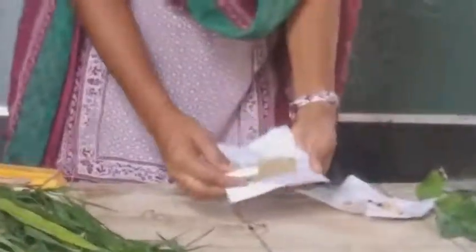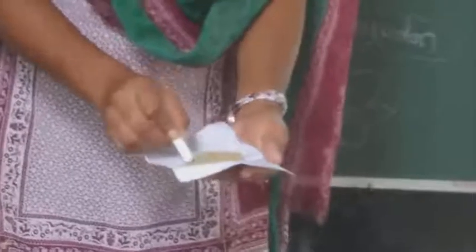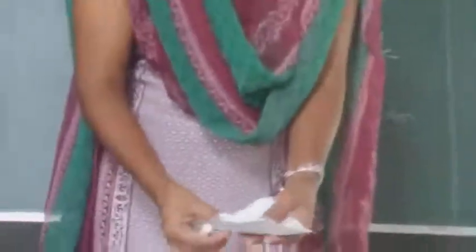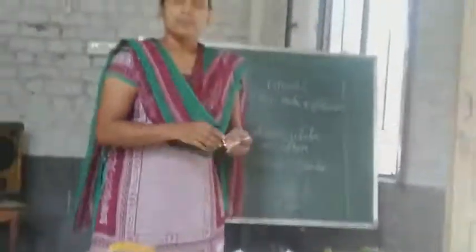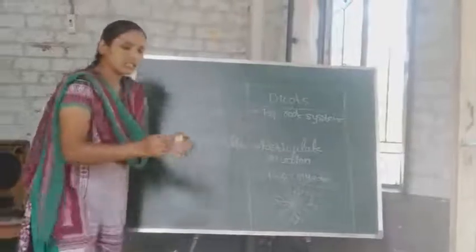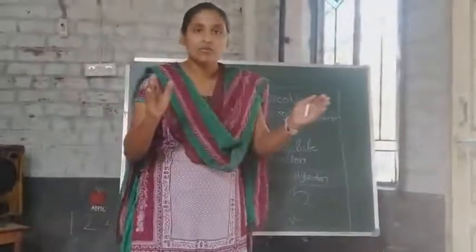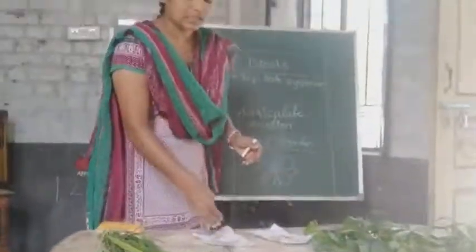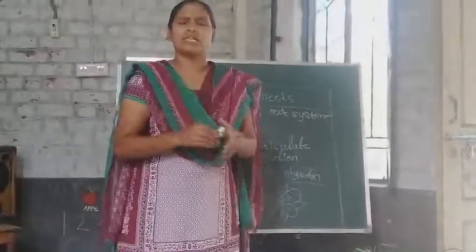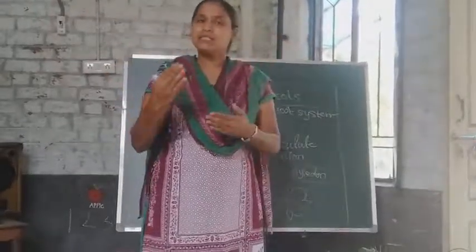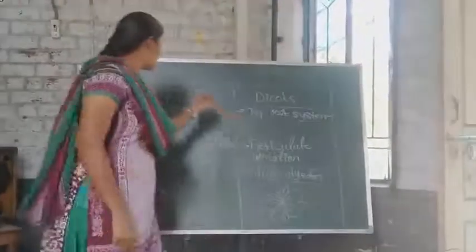You can observe these seeds also. What are these, guys? Have you identified? These are bajra, called sajjalu in Telugu. So these are monocots. Why are we calling them this? They have 1 cotyledon. When we break these seeds, they will not separate into 2 equal parts. Okay, we can observe unequal parts here because they are monocots. You can observe jowar and maize; these seeds also come under monocots.